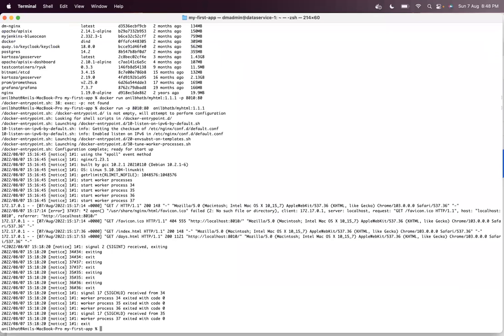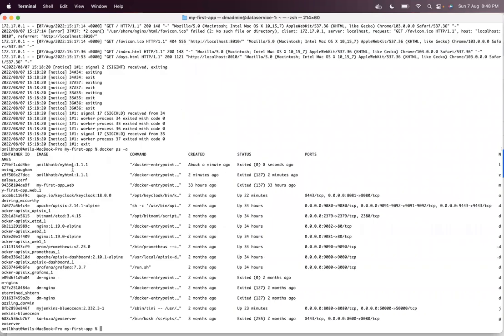Now you can verify that, right? By typing docker ps -a, you can see that you are already running two containers. Before, you ran one particular container, then you ran another container. There are two containers running. So probably you can delete one.